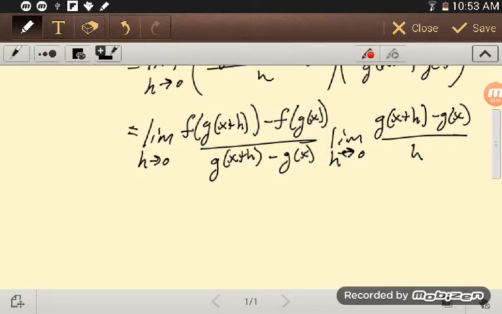And so that was mighty tricky. Now, hopefully the second part is pretty obvious, that is g prime of x. Now this first part,